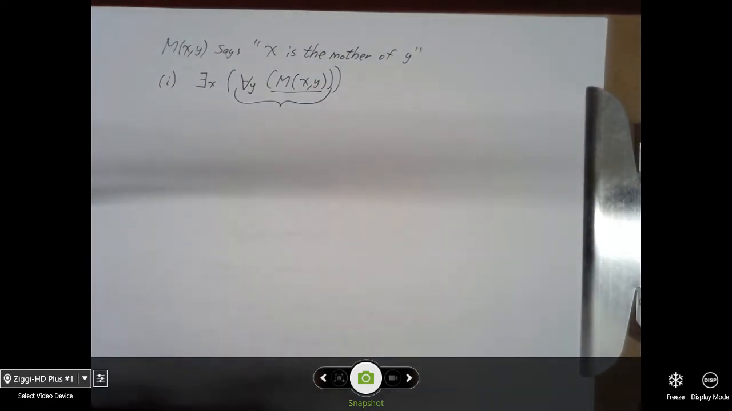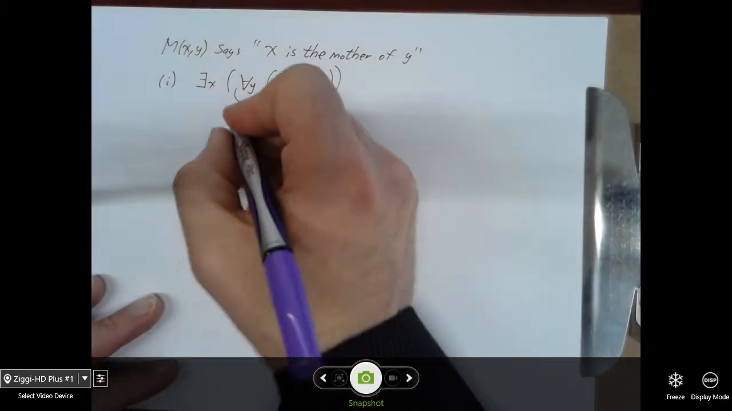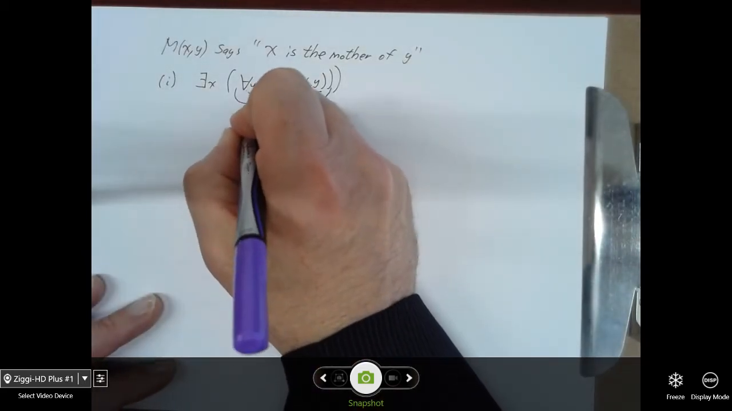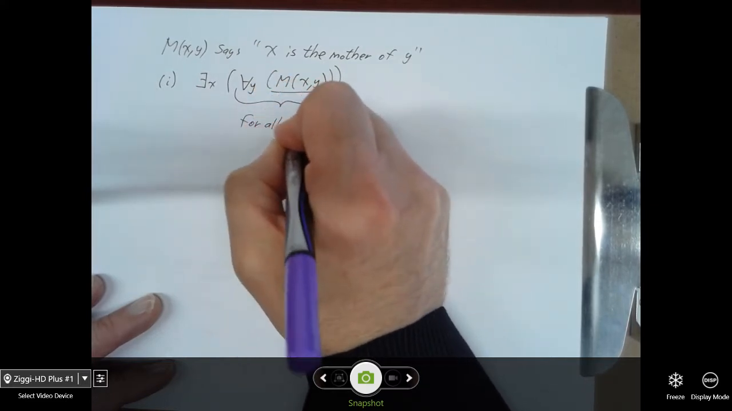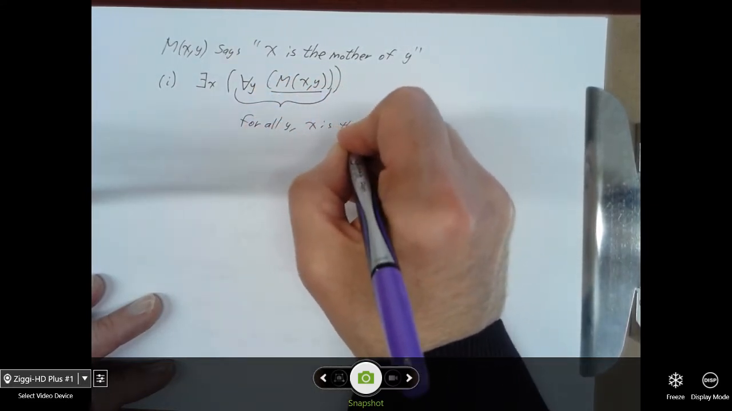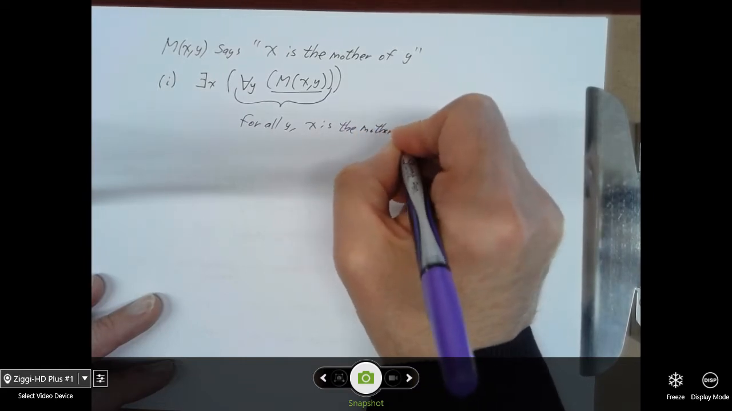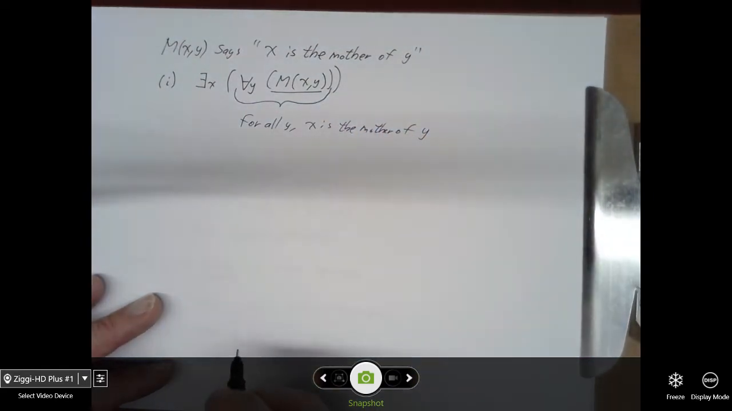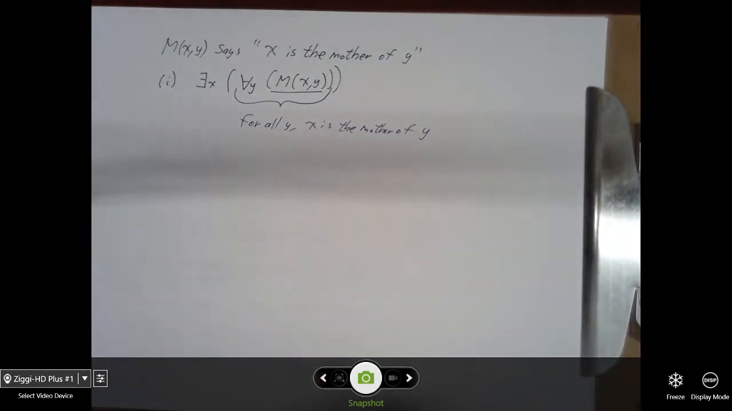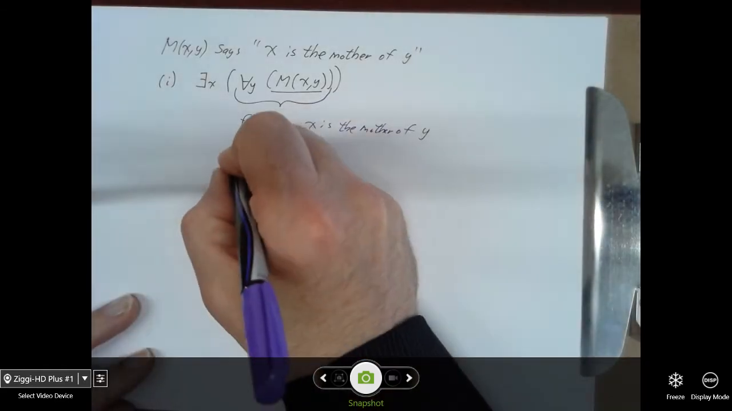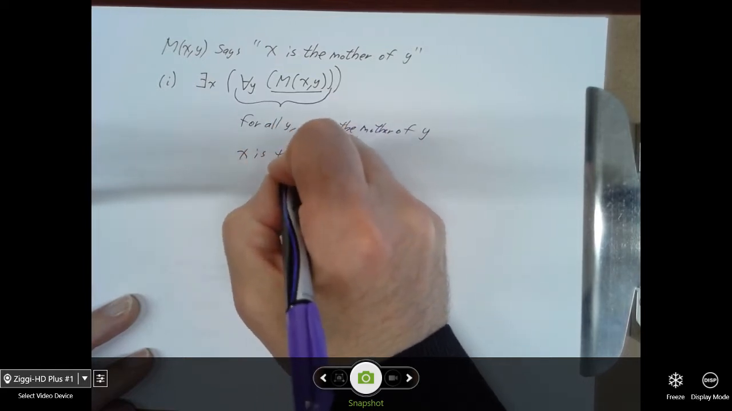It says, for all y, x is the mother of y. Say again? For all y, x is the mother of y. Isn't infinity as mother? So for all y, but there is no x is the mother of y. We're not changing x in this statement, right? X is, you know, something. We're saying for all y, x is the mother of y. In other words, x is the mother